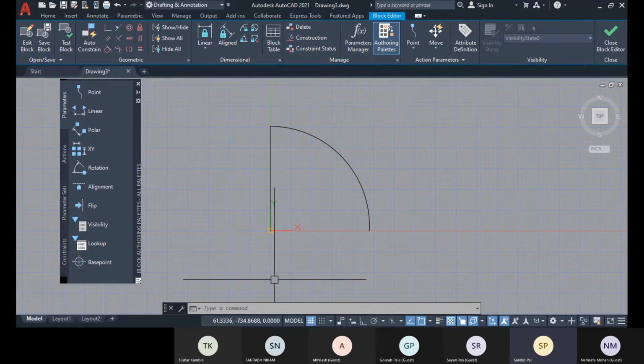First, let me show you about changing the length.